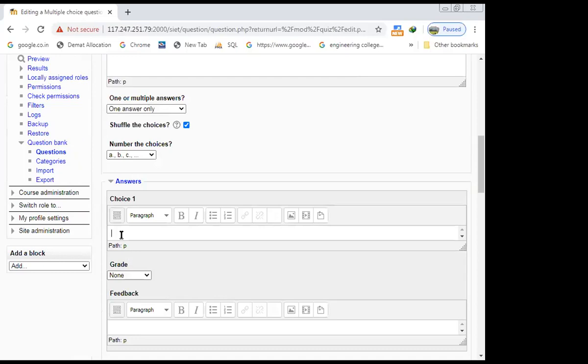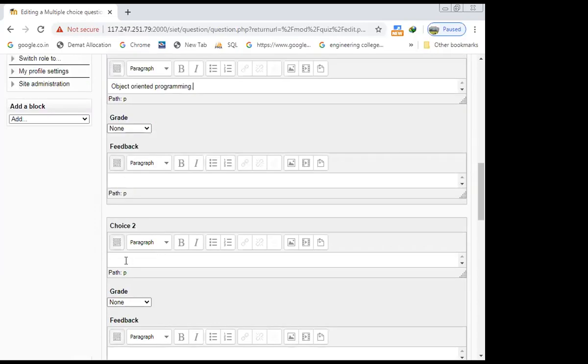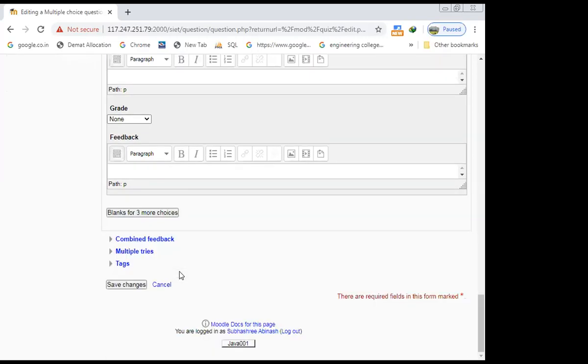Choice 1: object oriented programming, that is 100%. Choice 2: structured programming, none. So save changes.